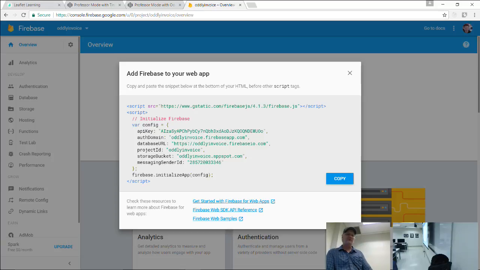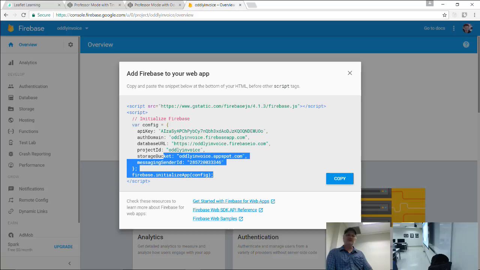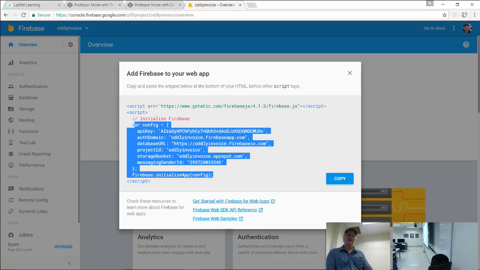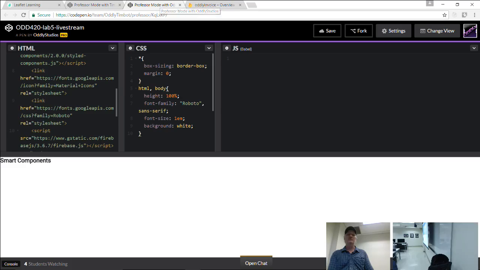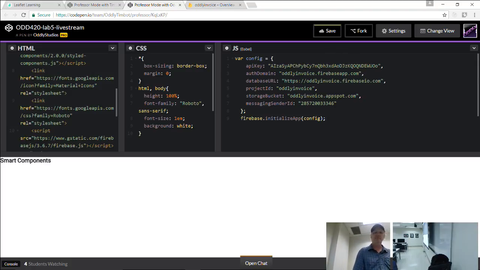And we don't need the whole thing. We don't need the script tags. We just need this little part here, the config, and then the Firebase initialize app. So we'll grab that little chunk, head on back to our project, and drop it in right at the top.